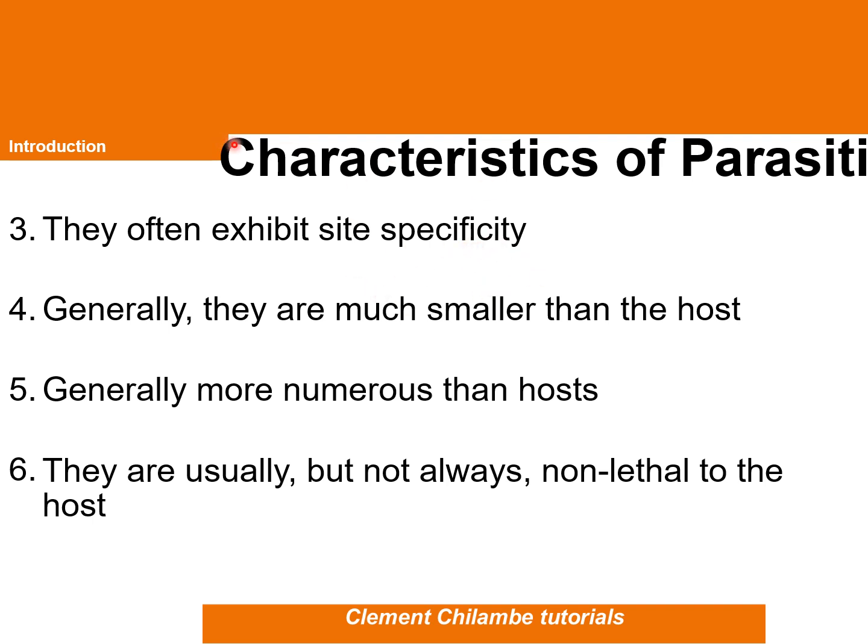So let's go to another characteristic. We are still on characteristics of parasitism. So we now have the 3rd characteristic here, which is exhibiting site specificity. Yes, they have a specific site. Many parasites have specific sites that they utilize for their development, also for their shelter, and also for their food or feeding or nutrition in other cases, and for their protection. So that is one characteristic that we might not want to leave out.